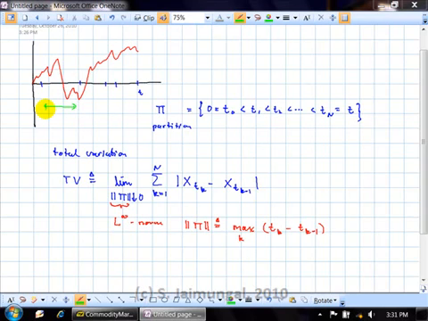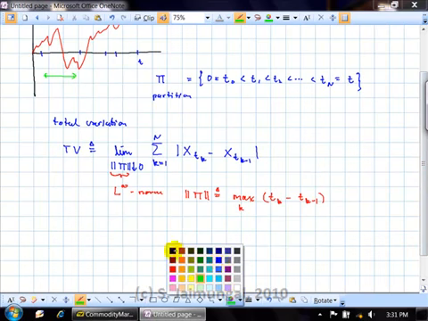So the total variation is defined in this way. Take an arbitrary partition, and then take the limit in which this L infinity norm goes to 0 of this sum. You should actually do this over all possible partitions. And here's the surprising thing. Okay, but before I tell you the surprising result,